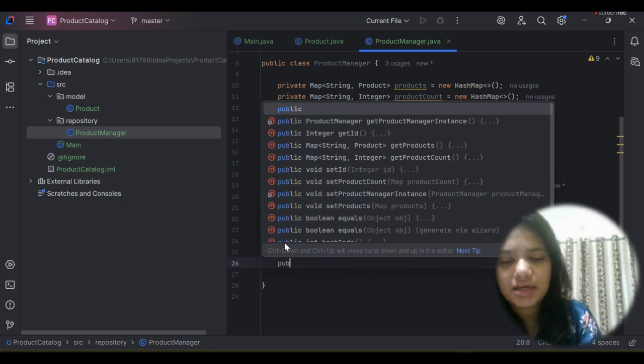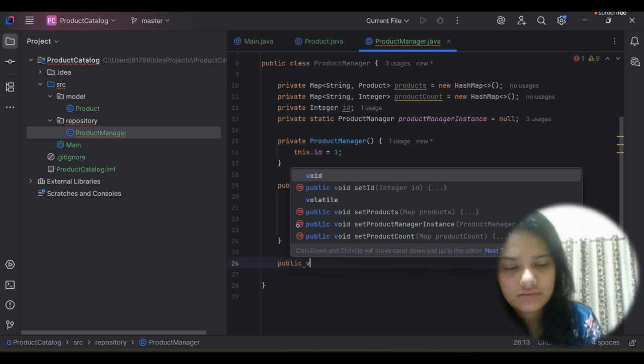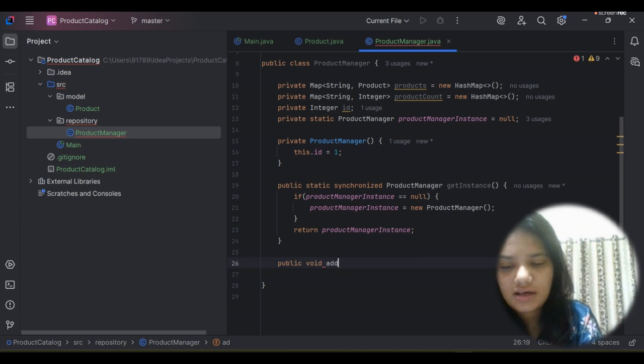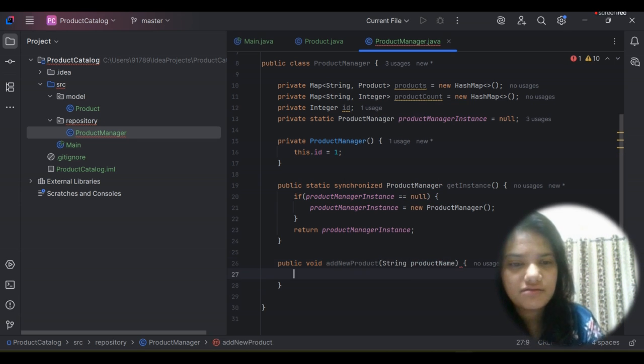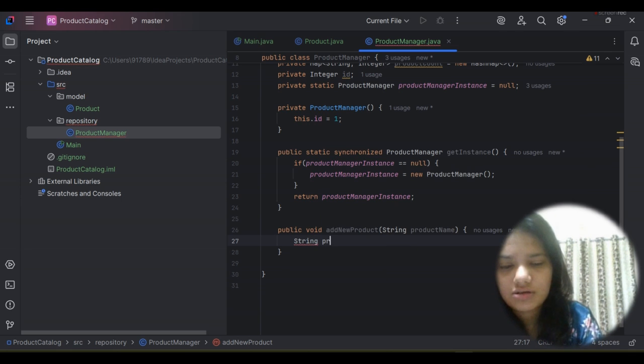Now I'm just adding some methods. For example, the first method can be add a new product, and I will have a product name because the ID I want to generate by myself. So I am making it a new product. Then I will generate the ID, String product ID equals, I am just giving this name,